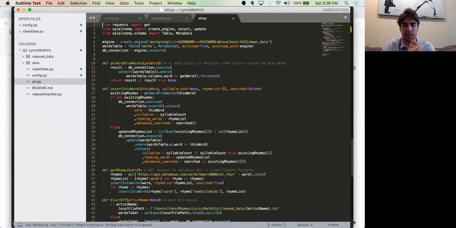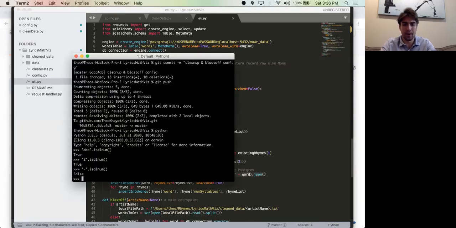I really only took this project up until the ETL project, just to talk about programming 101, different data types, how Python handles working with files, working with the network. And the network that I chose to work with here is the rhyme API. So if we remember what this looked like,